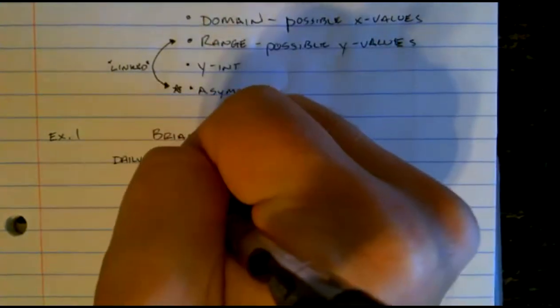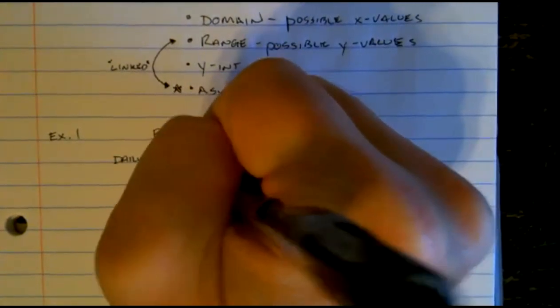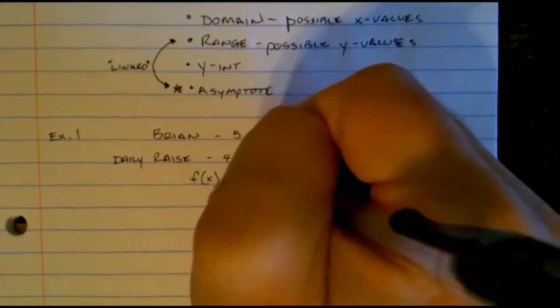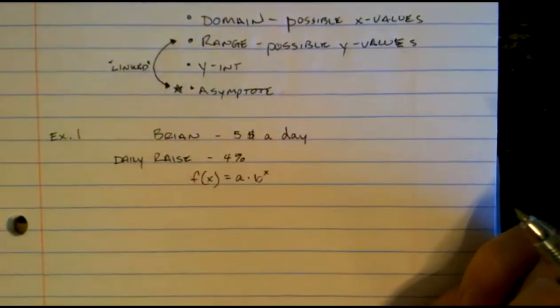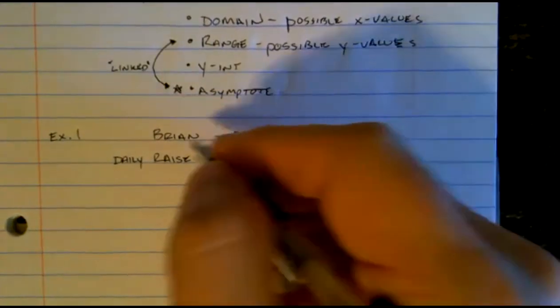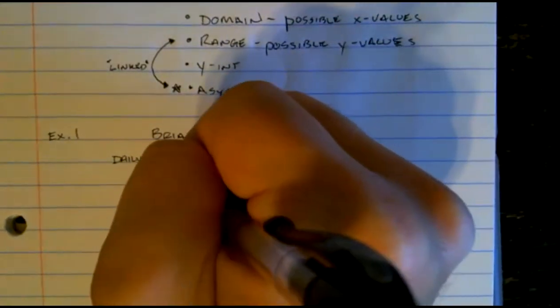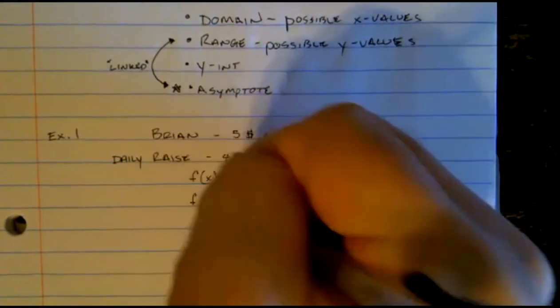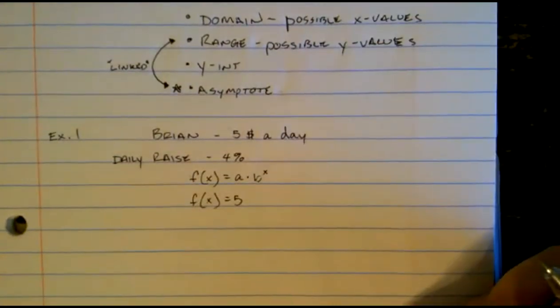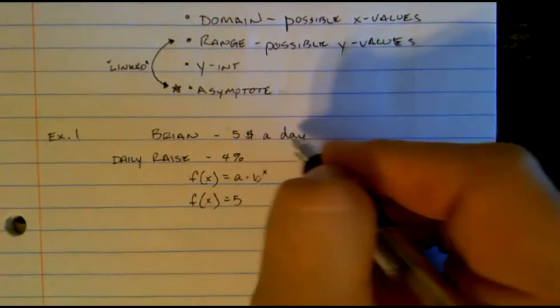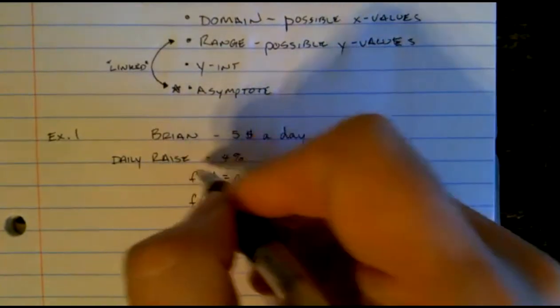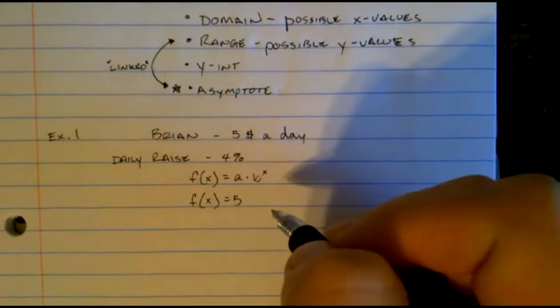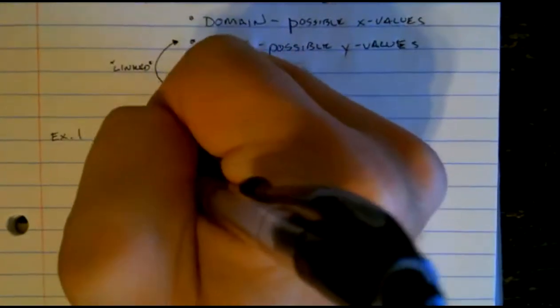So as we know already, we have our basic parent function, f of x equals a times b to the x, where f of x is just y. So we can write these things in as necessary. So f of x equals, we have $5 as our initial value, that's our beginning salary. And then we have a raise of 4%, which is going to be, raise, I get to thinking about,